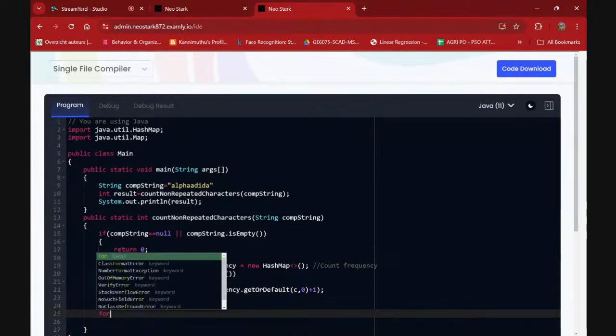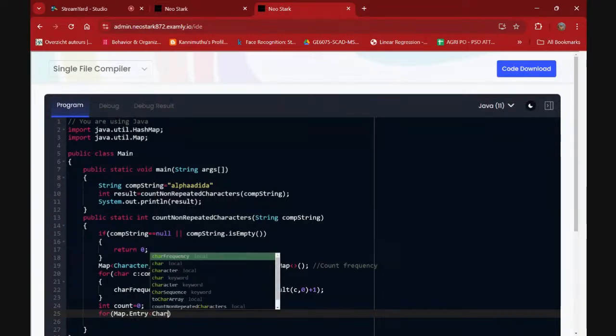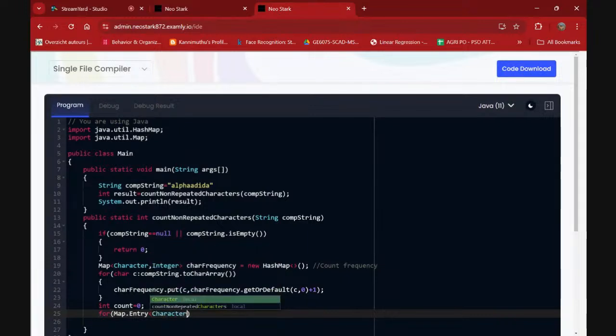After filling my map, I have to access the map to get the entry values and check which are the characters that are unique, which means the value equals 1.